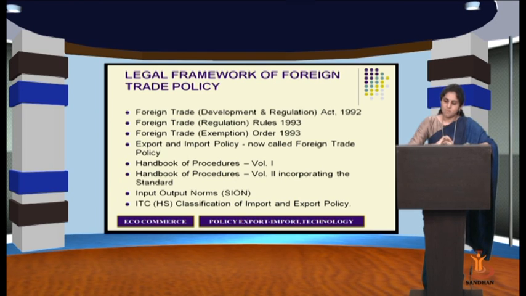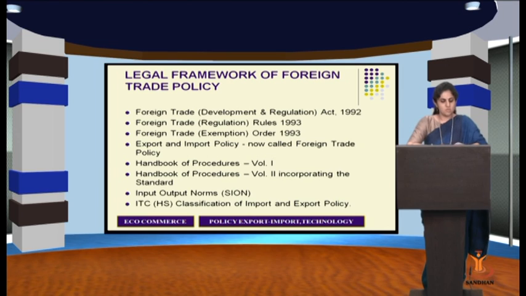Now, if we talk about the next, it would be the handouts which were laid down. If we talk about some few points, the handbook of procedure volume 1 and the handbook of procedure volume 2 incorporate these standards. The handbook of procedure volume 1 consisted of 9 chapters, and these were organized in the same manner as the EXIM policy, except chapter 9, which dealt with some miscellaneous matters also.